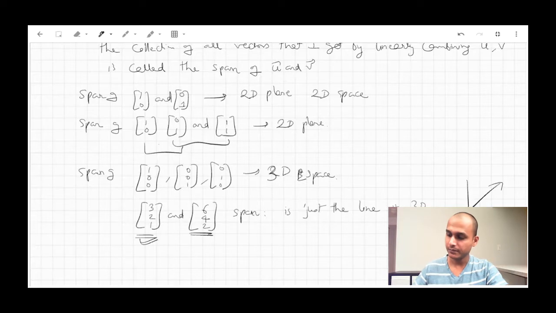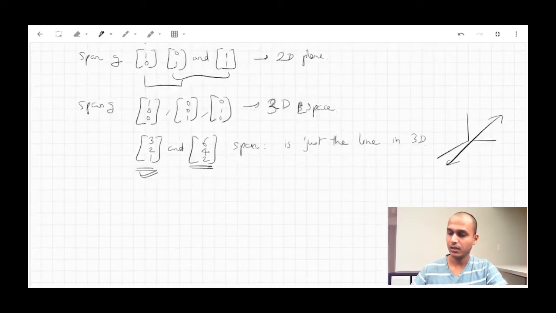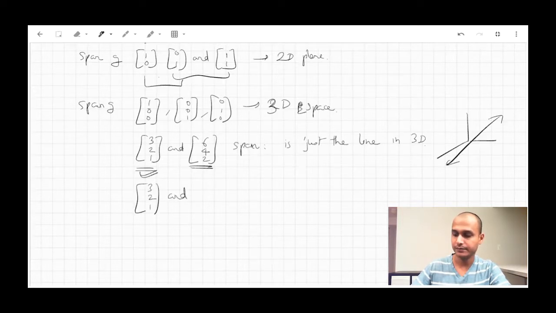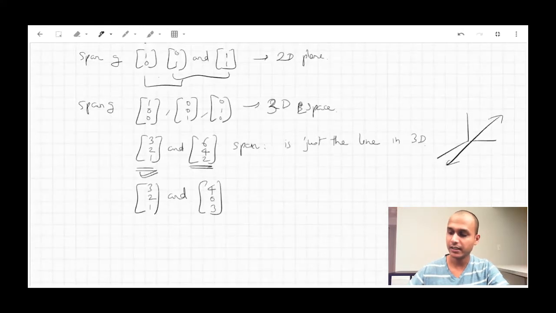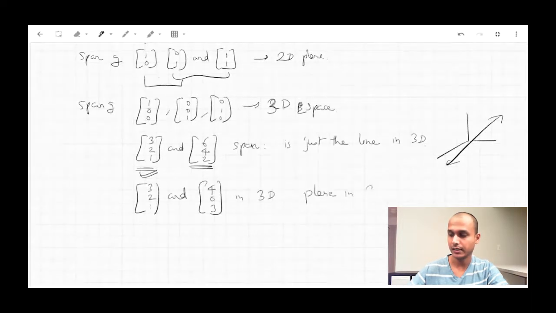So if I had two different vectors, let's say 3, 2, 1, and 4, 0, 3, then these two vectors seem different enough that you can imagine that if I come up with all linear combinations of these two vectors in 3 dimensions, I will get what is called a plane in 3D, like a flat surface, like a sheet of paper in 3D. Okay,